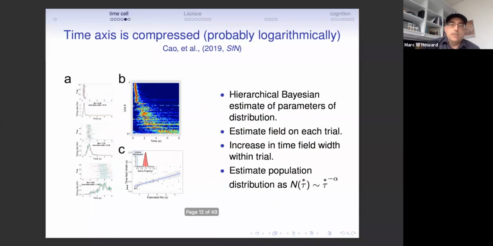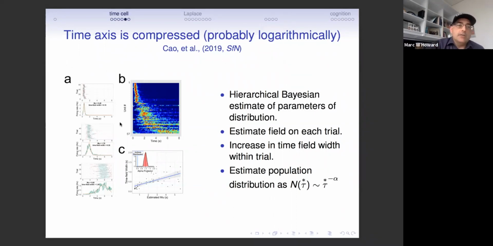And so here I'm showing you some preliminary results from recordings by Jay Bladen in the Eichenbaum lab, with analyses being done by Ray Tao in my lab. And what Ray did was she estimated, first of all, you observed time cells in this experiment, as one would expect. What she did was very smart. She estimated the receptive fields rather than averaging across trials. She averaged the receptive field on each trial and estimated the distribution of locations using hierarchical Bayesian analysis.